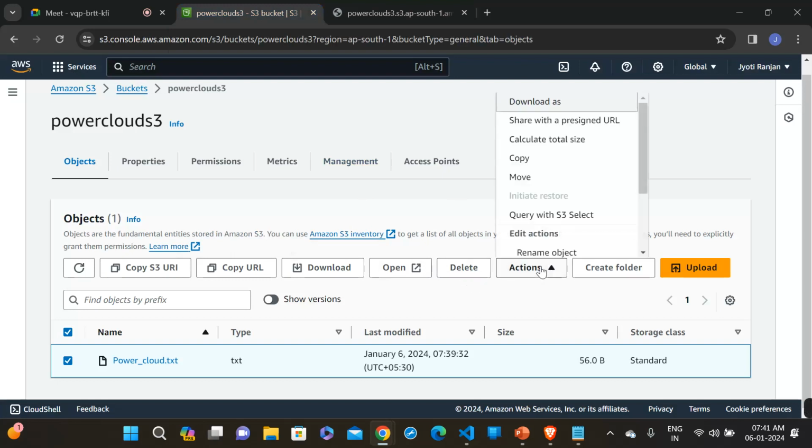Then in the action button you can see download as in which format, and share with a presigned URL. We will discuss these things. It's a very interesting thing, and it's actually what happened. We will create a link,